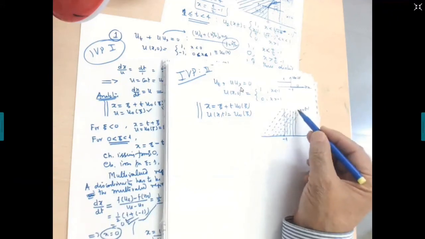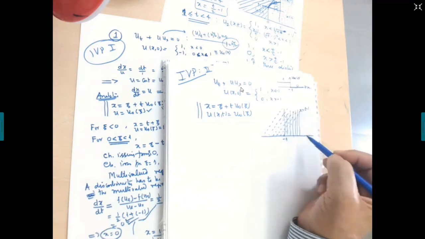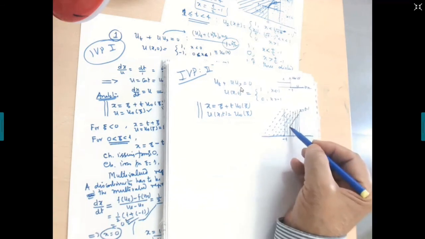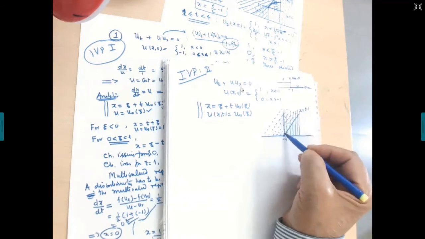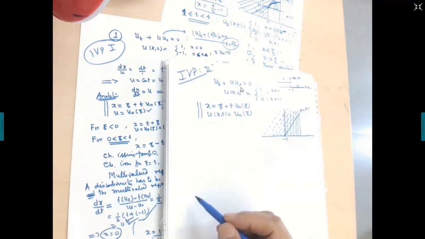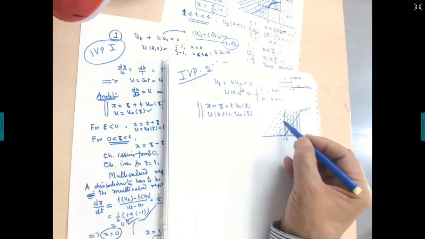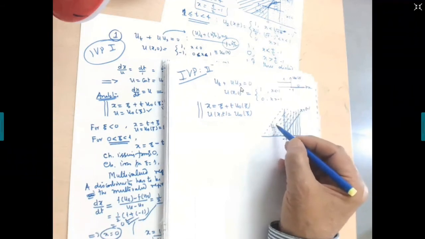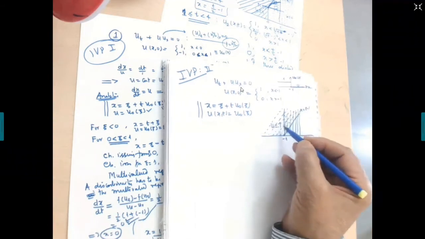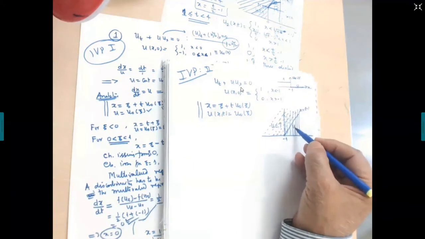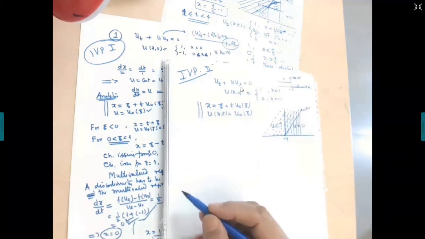So can you tell me what is the multivalued region? This is the multivalued region, is that right? Bounded by these two lines. On the left of this multivalued region, what is u? 1, u is 1. Excellent. What is on the right? 0. Very good. Very nice.